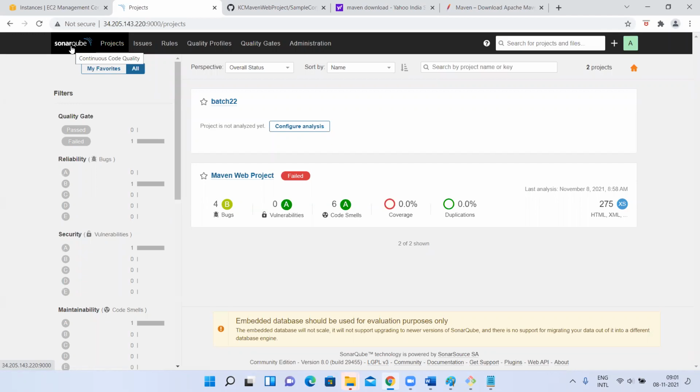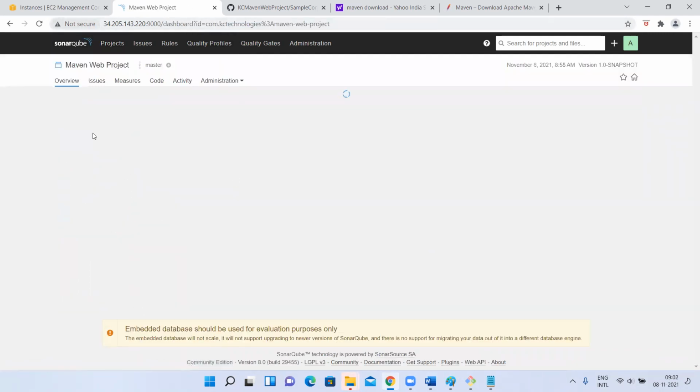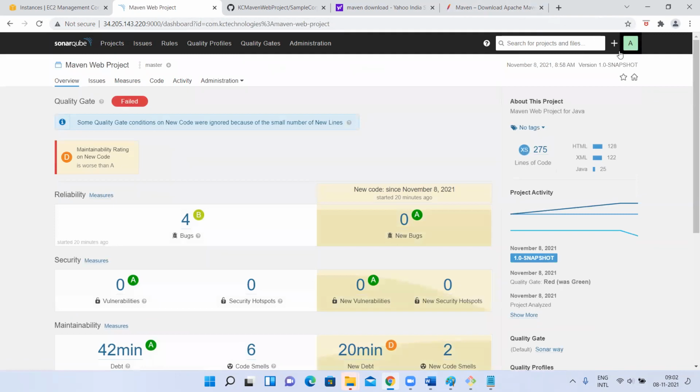So how to configure SonarQube server, and how to configure SonarQube scanner. What is the work of SonarQube scanner? What is the work of SonarQube server? The scanner is going to scan the project and generate the report and give it to SonarQube server. SonarQube server is going to divide them and show it on a UI. This is the UI screen where we can log in. The default user is admin, and the password is also admin. Log in here and get it here.